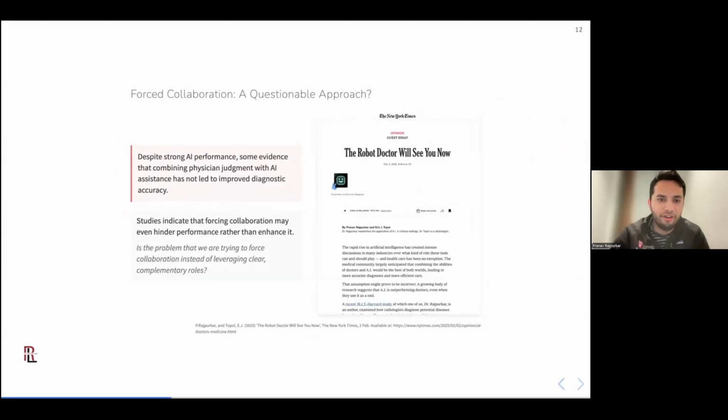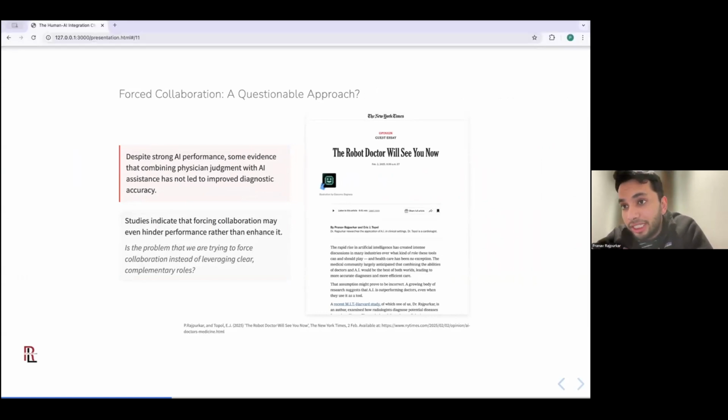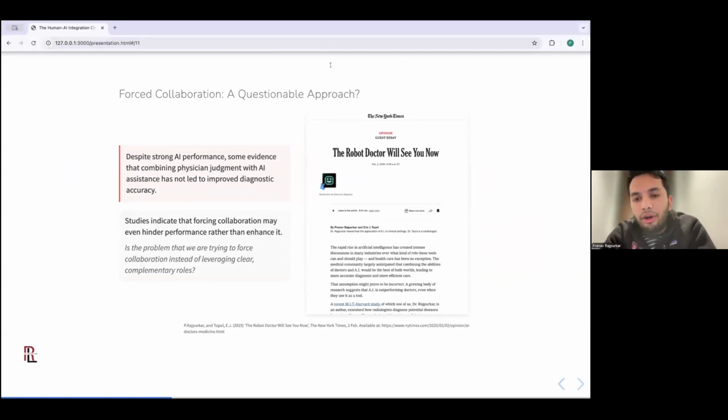So what does this mean for us? My colleague Eric Topol and I, a couple of weeks ago at this point, wrote an article in the New York Times, which wasn't originally titled "The Robot Doctor Will See You Now," but asked the question, despite the strong AI performance, the fact that combining physician judgment with AI not leading to higher accuracy is a problem.